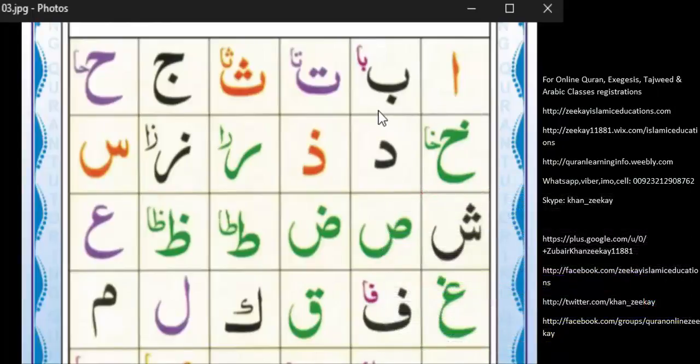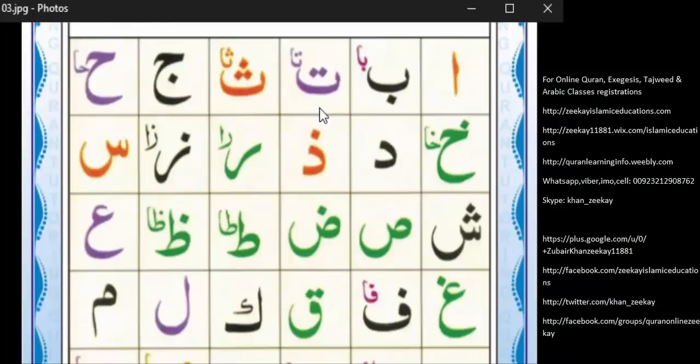The next letter which we learned in the last class was Ba. Ba is pronounced by joining both the lips, upper lip and lower lip, and by having some stress, by pressing on both the lips. Ba. The next letter is Ta, which is pronounced by